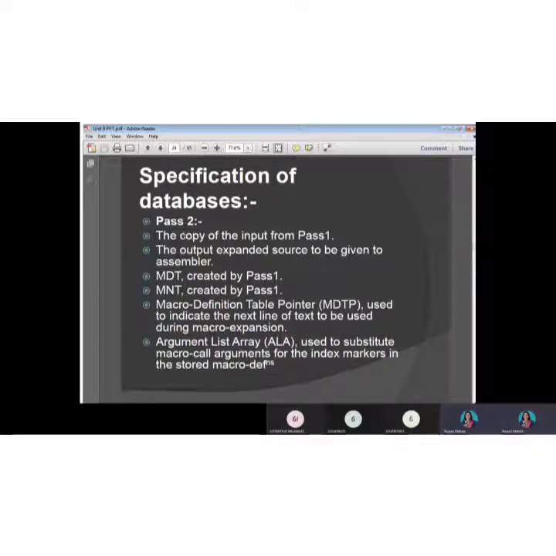Got it? So the role of the macro preprocessor design is to identify all the macro definitions in our program, carry out the macro calls, fill up all the data structures associated with pass 1 and pass 2, and carry out the expansion of the macro and give the expanded macro source code to the assembler, right? So I hope you understand the purpose and the role of pass 1 and pass 2 of the macro preprocessor. So again,